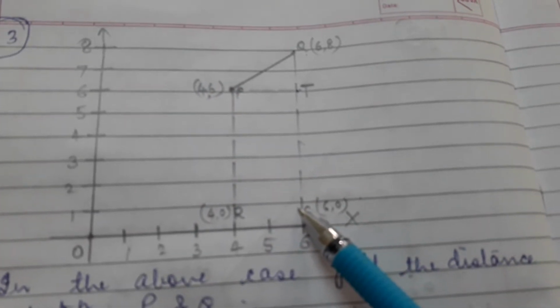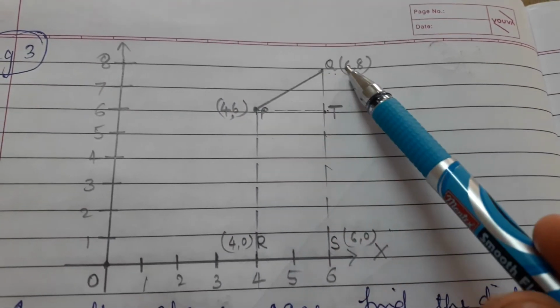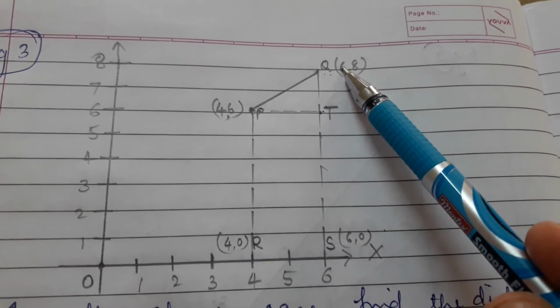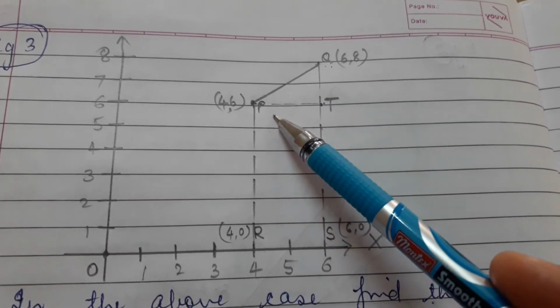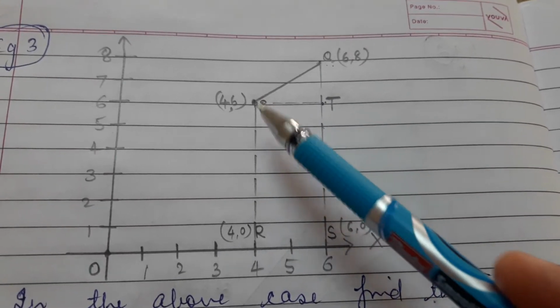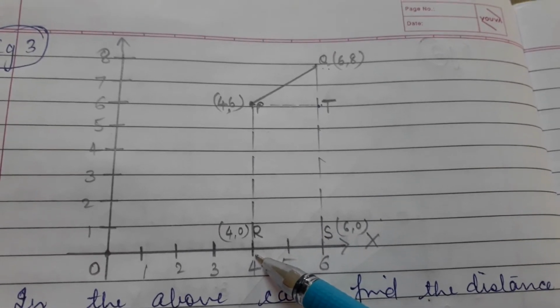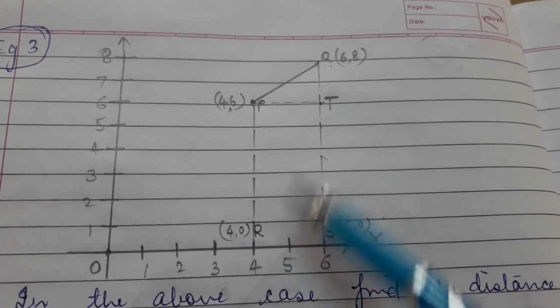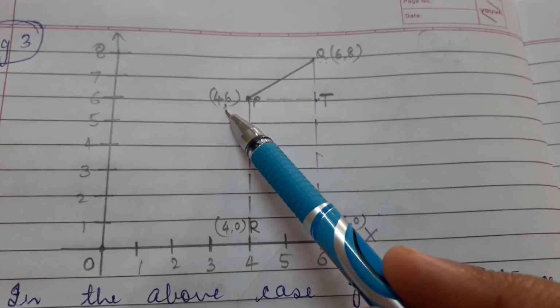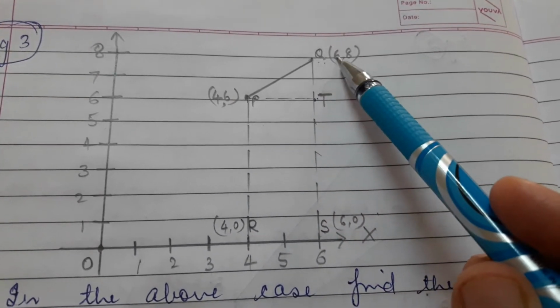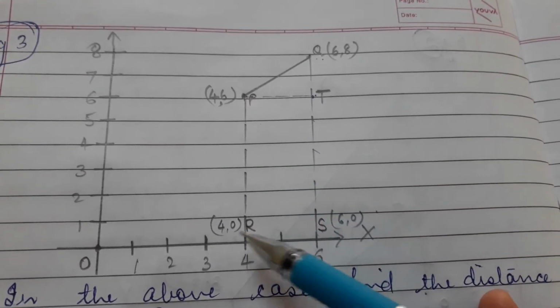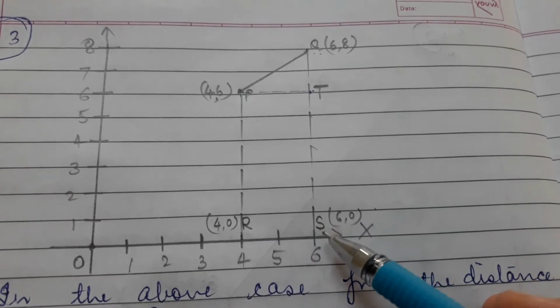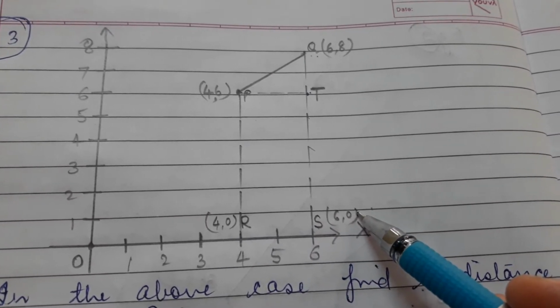In the third example, on this Cartesian plane, I have first considered 2 points P and Q. Now, we have to find the distance between P and Q. If I look at the coordinates of P, I draw a line from P to the x-axis here, and when I compare this, I get the coordinates of P 4 and 6, and here 6, 8. And when I draw a line to R, these coordinates are 4 and 0, and these coordinates are 6 and 0.